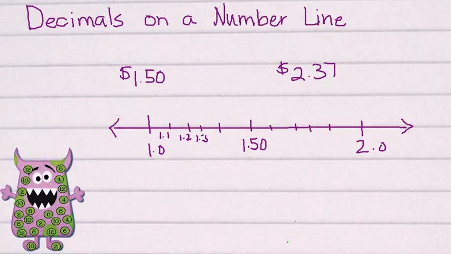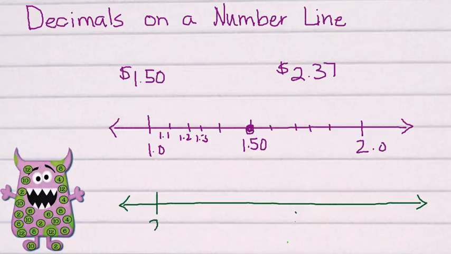So this one was actually a pretty easy one to place, but let's take a look at 2.37. That's going to be a little harder because you're going to have to figure out what it falls between. $2.37 is going to fall between 2 and 3. Okay, but we're going to need to blow it up even more. So let's rethink this. I'm going to erase my 3 here, and I'm going to erase my 2. And I'm going to rewrite this to be 2.30 because it's going to fall between $2.30